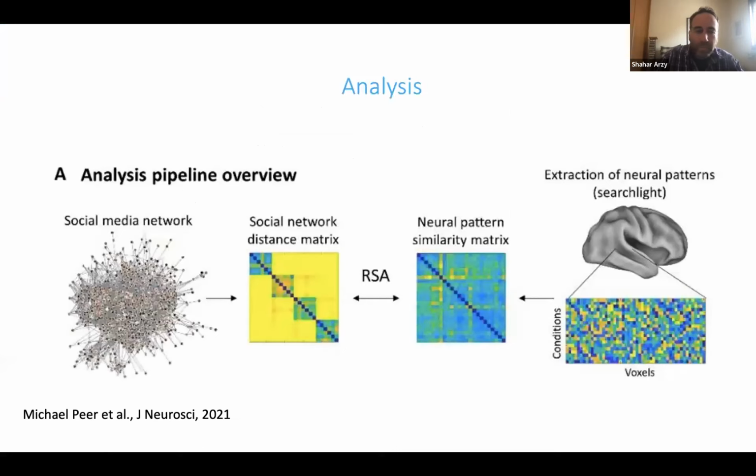Now, we use RSA, which is a method that I'm in love with because it really connects the rich behavior with